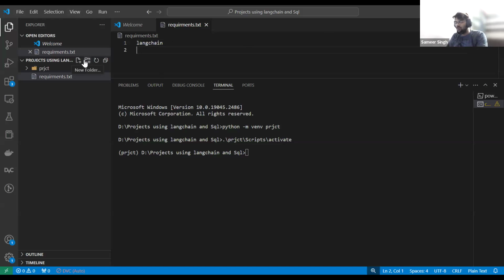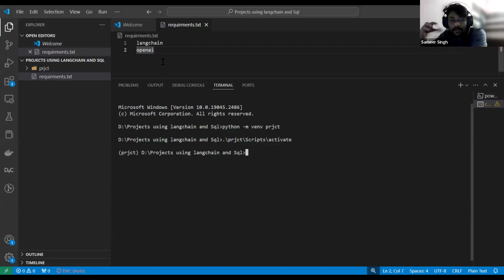Okay, yeah, we need OpenAI also. And OpenAI we also installed when we were working with LlamaIndex, right? So for now, let's say we want to install two libraries.